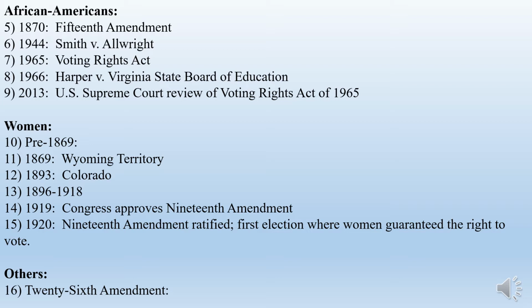I think, and this was not a close one either. It was like 6-3 or 7-2. It was not close in that as well. Now, sadly, things have kind of gone a little bit back. In 2013, the Supreme Court reviewed the Voting Rights Act of 1965, and they declared that segregation and discrimination of African American voting was now done, that the South was completely reconstructed, and so they struck down major provisions of the Voting Rights Act of 1965.